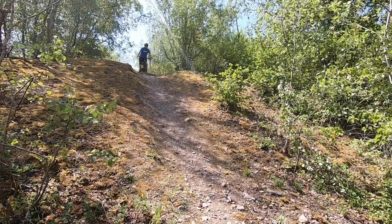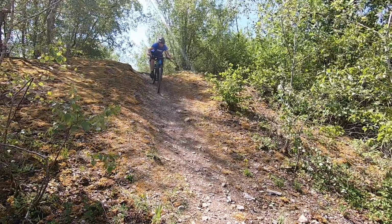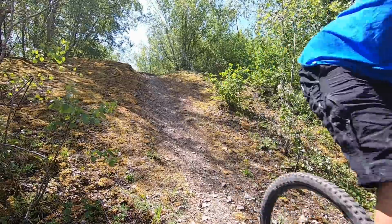First up, it's a super simple skill: how slow can you go down the slope. Now this is a really great one for dialing in your lever feel, it's a great one for dialing in your weight position, and it's a great one for knowing how much trust you can put in your tyres on these sort of surfaces. Now brakes, well, they're going to do different things to you as you go down the